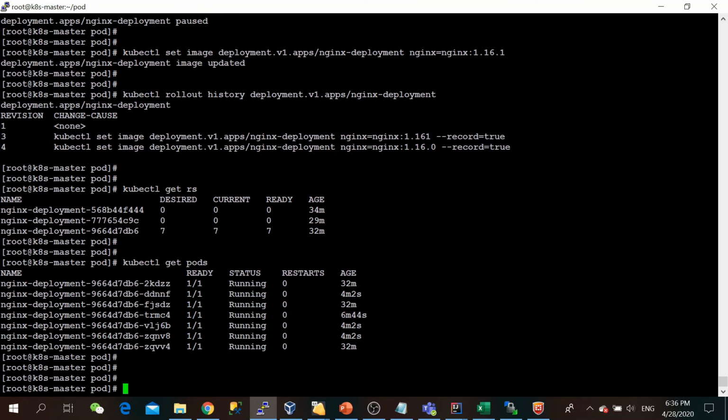Now let's resume. The idea behind this is that when you have multiple fixes, multiple rollouts you want to do, to avoid going directly and upgrading anything, it's better to make a set of your patches and fixes. You pause the deployment rollout, you fire the commands, and when you think that all your fixes are there in the proper sequence, then you resume the deployment so it can trigger the rollout upgrade. Let's resume it.